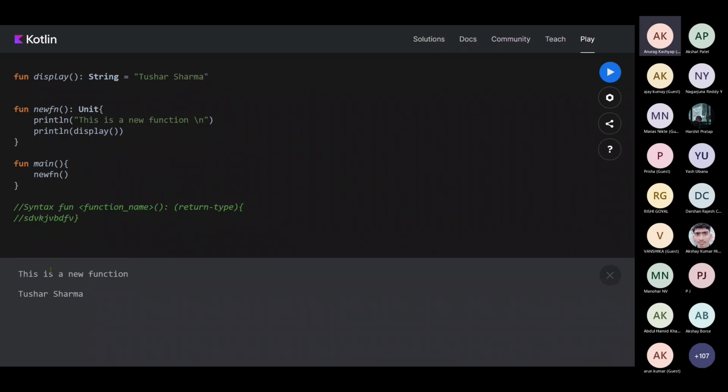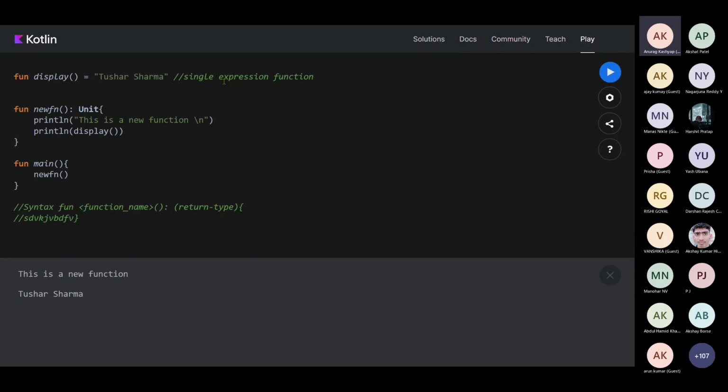Now Prachi said that I don't want to use any return type. Fine, don't use it. I'll just remove this. Now execute it. See, this is working. So what do you mean that we don't generally need to write the return type? Kotlin itself identifies that this is a function and it returns this particular value. It's not necessary for you to write return type. And what do we call it? We call it a single expression function. You are just writing the expression. You are not writing any return type, not writing anything.